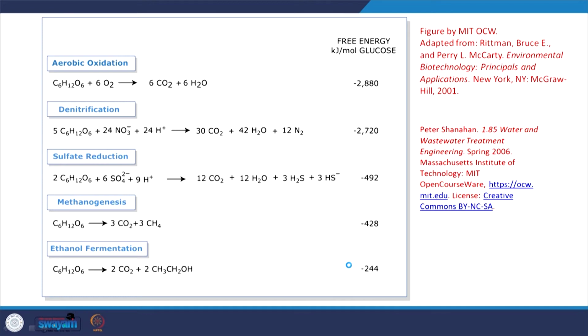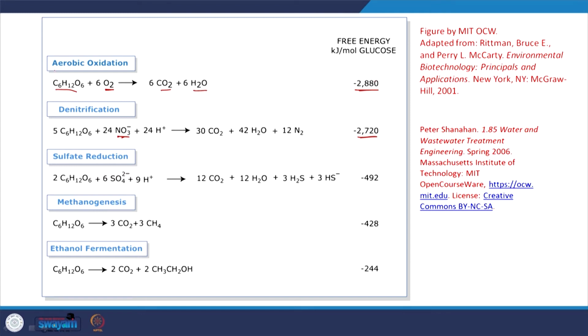So, as I mentioned, we can look at different electron acceptors. Typically, the most widely available electron acceptor is oxygen, as we see out here. Here we have glucose being oxidized to form carbon dioxide and water, and 2880 kilojoules per mole of glucose is the energy that is released. If it is denitrification, the electron acceptor is not oxygen but NO3 minus. And we see similar, but not as high, amounts of energy